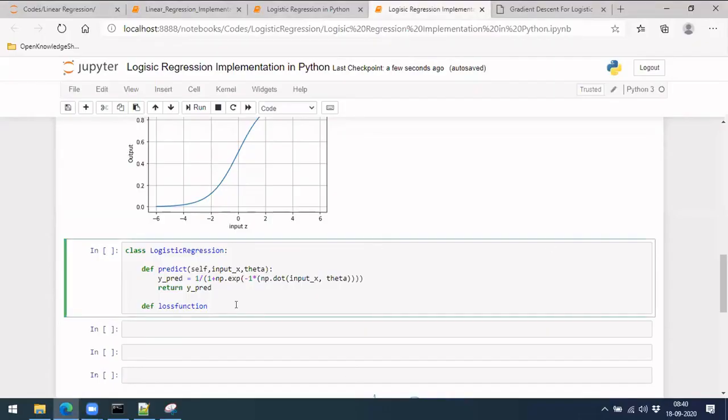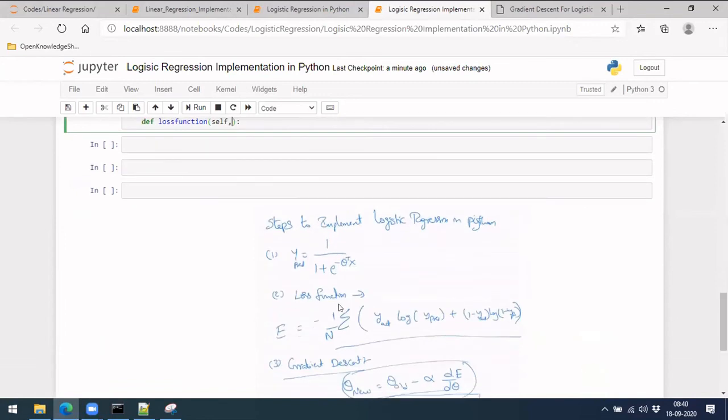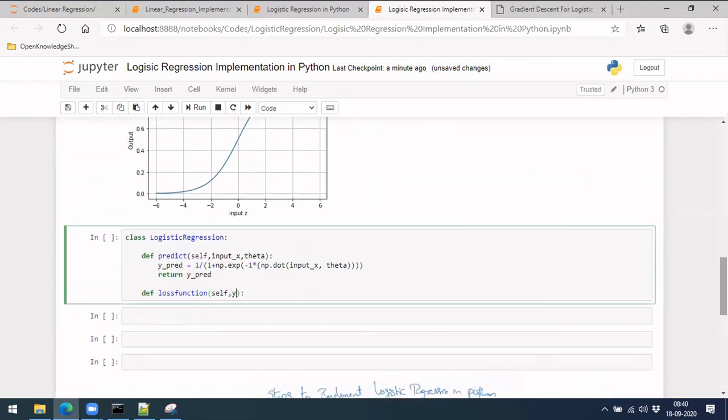Let's see how we can create it. So self dot, and what are the things required? If you can see this formula, we need only y actual and y prediction, right? So y actual, I'm calling it input y.